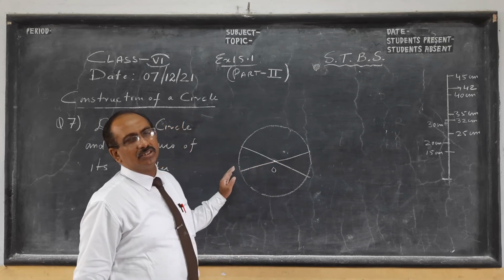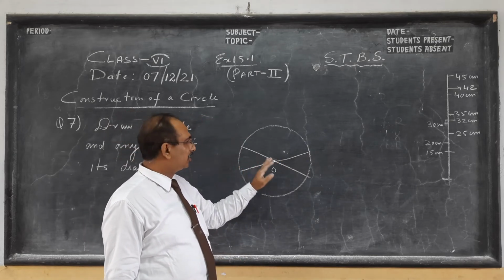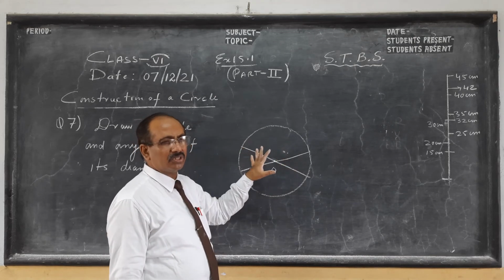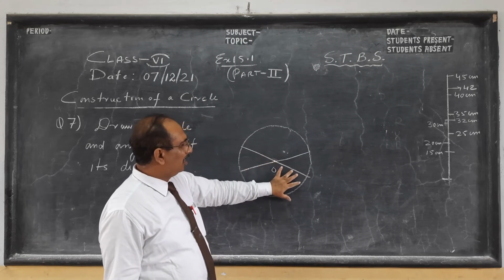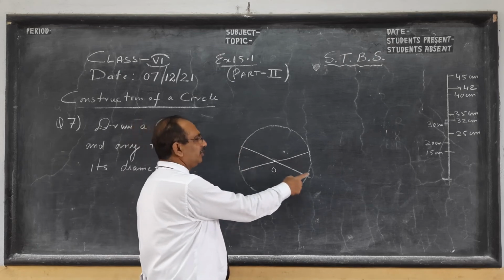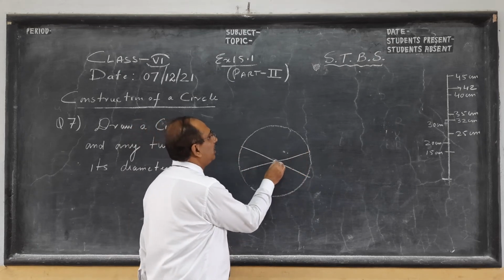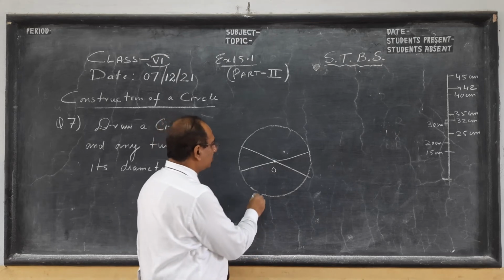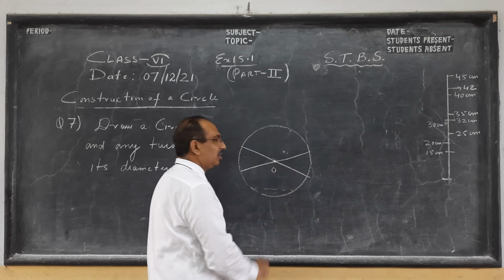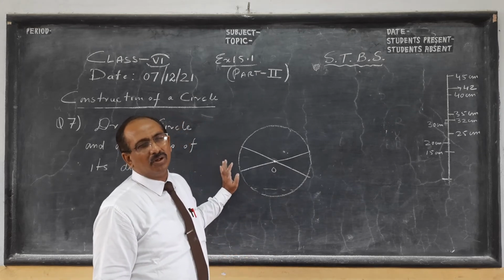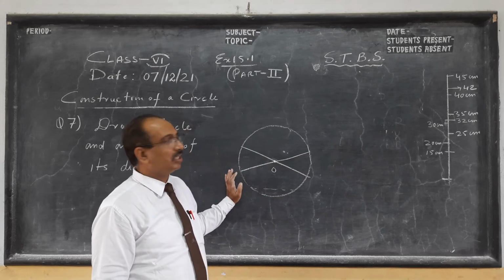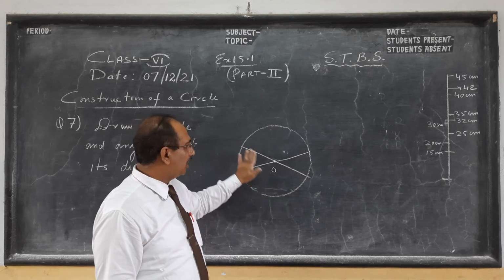So what is a diameter, children? I have other videos also where you will see circle, class 10. I have defined many terms related to circle there, but I think you know radius is half of diameter, diameter is double. So any 2 diameters means a line from circumference to circumference, boundary to boundary, passing through the center. If it does not pass through the center, it is called a chord. So if you have something like this, it's called a chord. Then we have segment, sector, arc. Okay, this curve is called an arc. All those you will see in higher classes. So I take any 2 diameters, children.